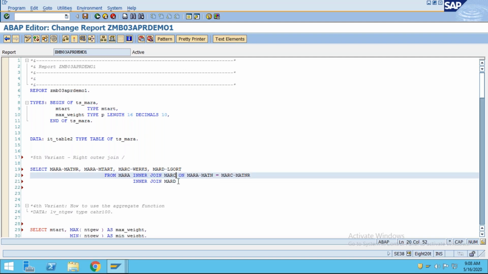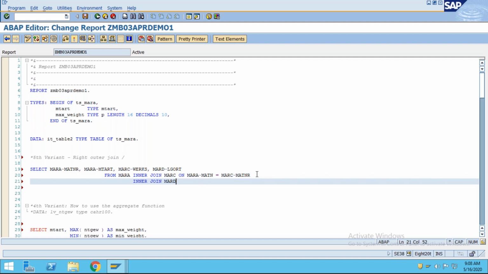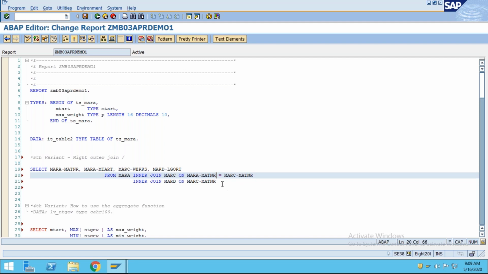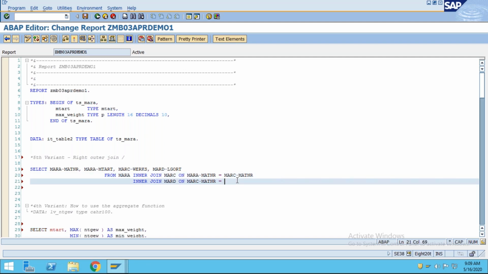Now between MARC and MARD I am going to put it. So after this ON condition, again you have to write inner join, then give MARD, give the ON, then MARC tilde MATNR equals MARD tilde MATNR.